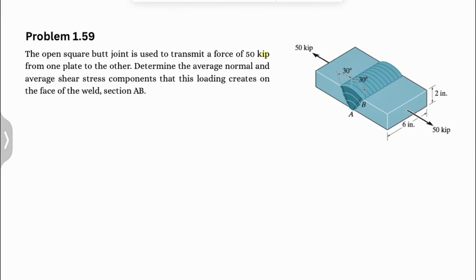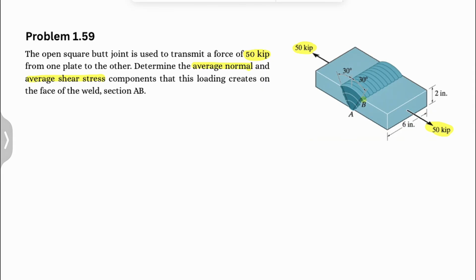Guys, welcome back. We have another question from the first chapter of Mechanics of Materials by Hibbeler, and we have this open square butt joint that is used to transmit a force of 50 kip from one plate to the other. So we can see the 50 kip force on each side. We need to determine the average normal and average shear stress components that this loading creates on the face of